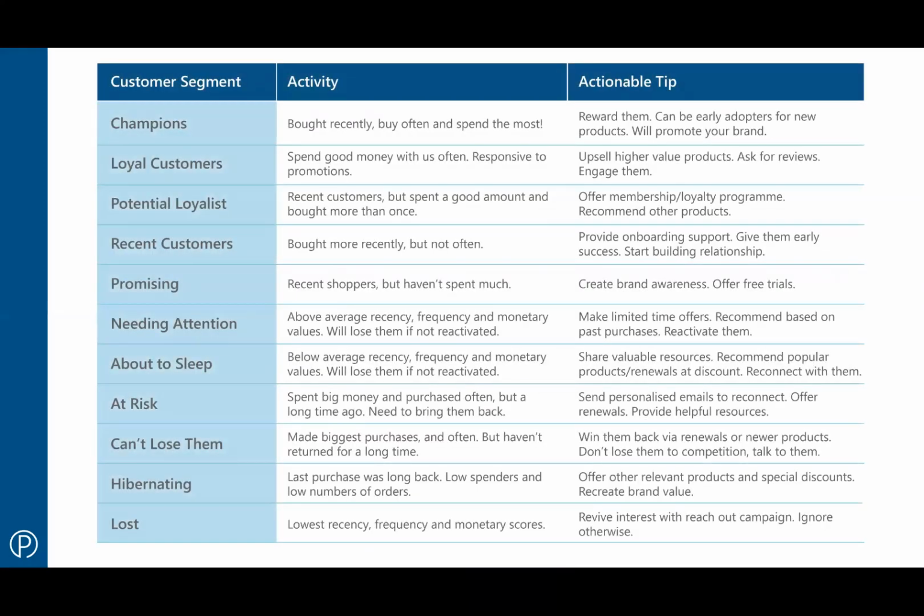We can look more broadly across all of these different groups with the kind of activity that you should be doing for each of those. And I'm not going to read all of this out. We'll be sending out a recording of this webinar. You can have a look at those then as well. But we've also written a blog article which has got this table in it, so you can use that to study it, and we'll send a link to that out as well.